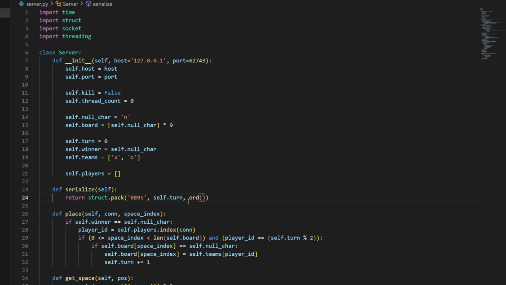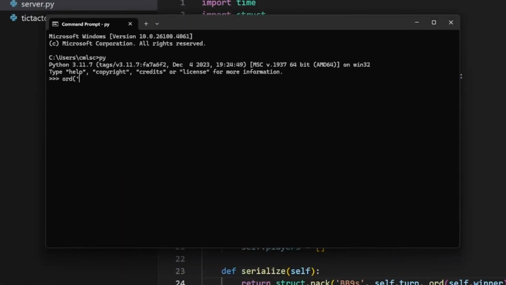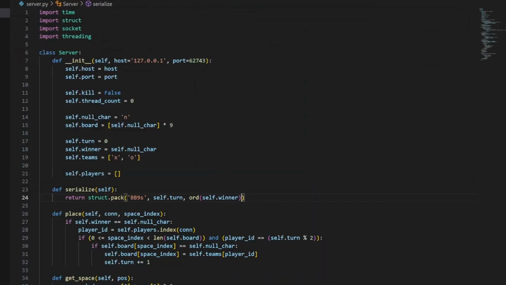So what we can do here is use the built-in ord function. It's just like one of the built-in functions of Python, like len. It just converts a character into its associated integer value under the ASCII format. So we'll be converting our winner character, which will give us a value. I can demonstrate. You've got ord A, and then it'll give you like 97, but X would be 120. You can actually do math on that stuff if you wanted,